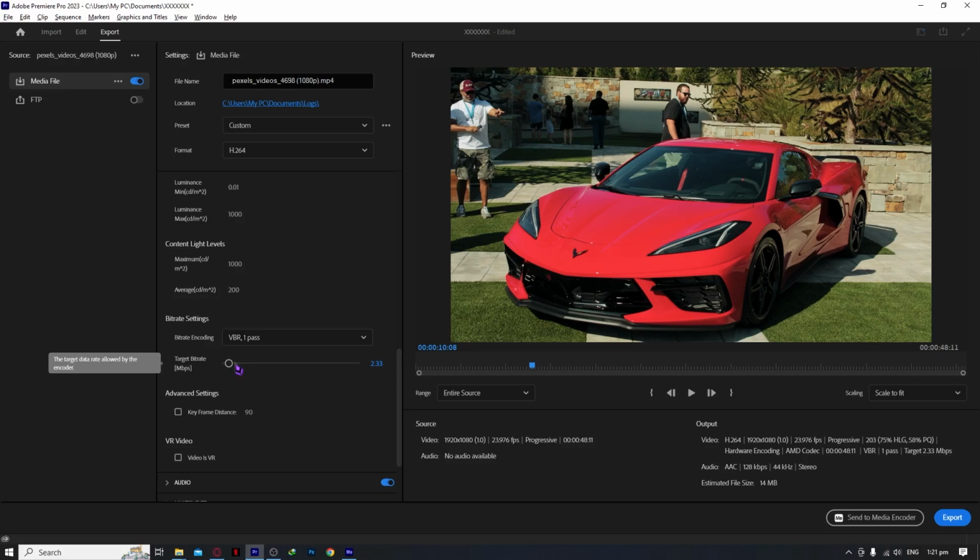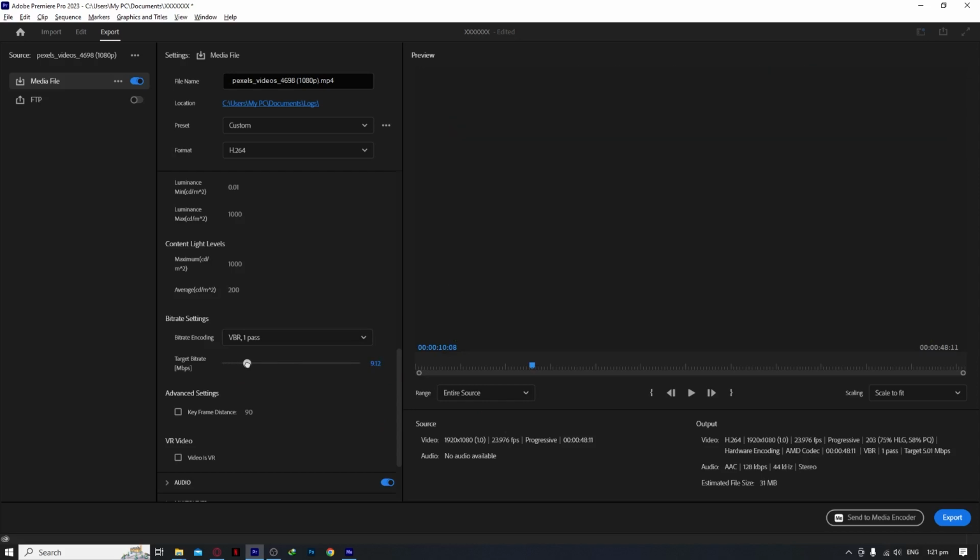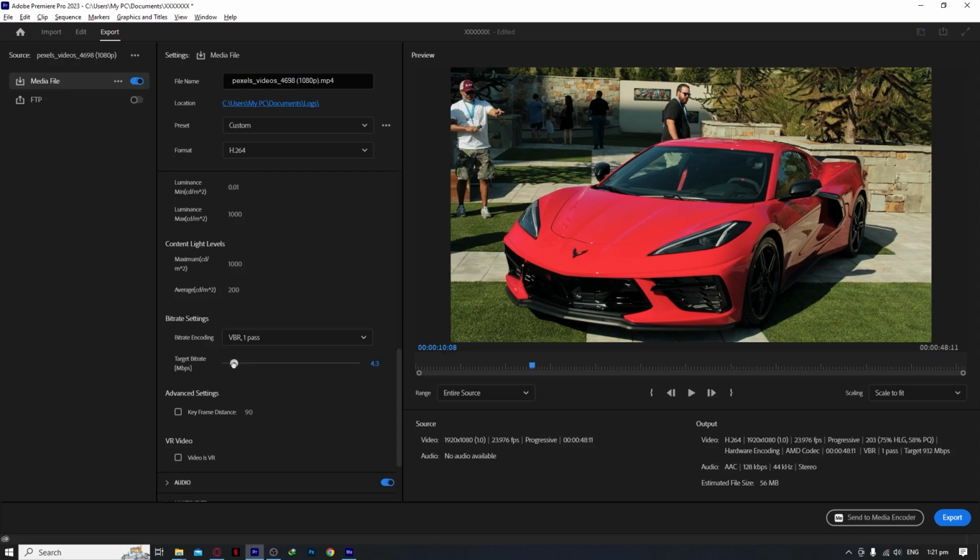not really noticeable. So I guess if you have a 60 FPS footage, then I don't recommend that you go for 5 right here. I think you need to go for about 8 or something like that. But yeah, you can test it out and see which one suits best for you, or you can research on Google on which bitrate, depending on your footage, is the best one for you right there to reduce the file